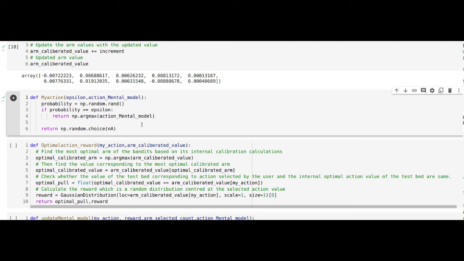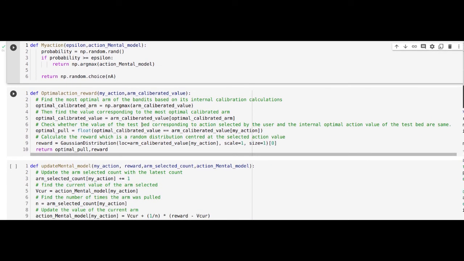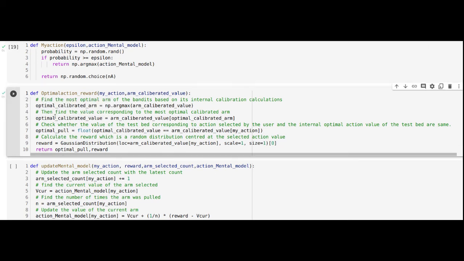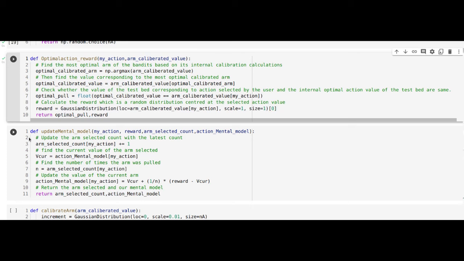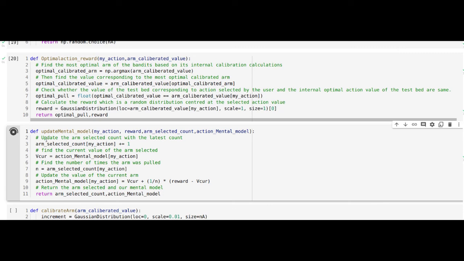The next process which we are putting in a function is finding the optimal actions and getting the reward. All those steps which we have seen earlier, we've put in this function. The third function is to update the value function of your actions, that is the QTA values, which we update using the new estimate equals old estimate plus step size into reward minus the old value.